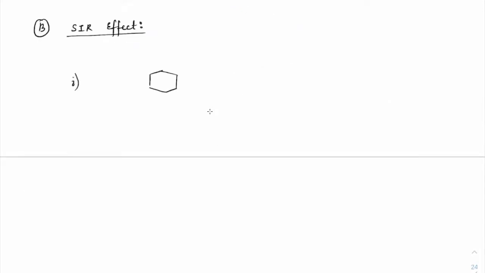If we talk about N(Me)2 with an NO2 group here and an NO2 group here, and now compare with NH2 with NO2 and NO2, and NO2 here. If you see the acidic basic character in these two,